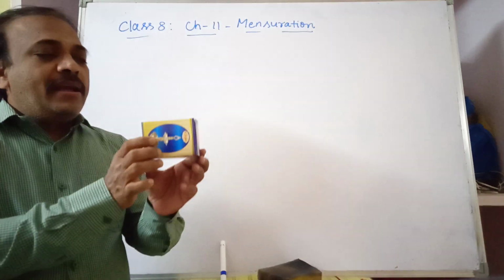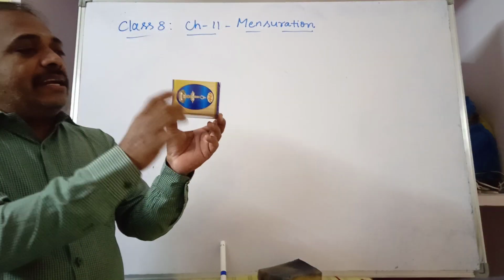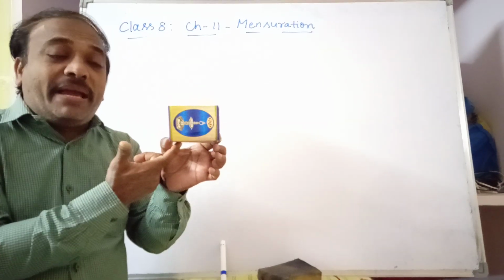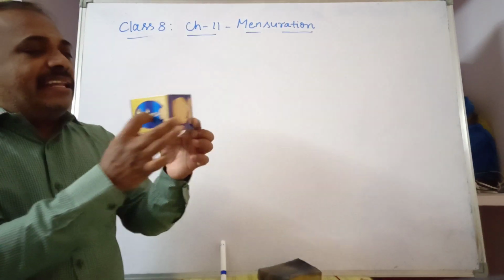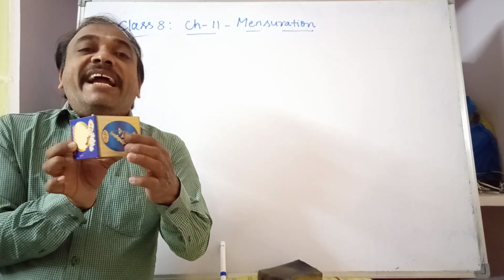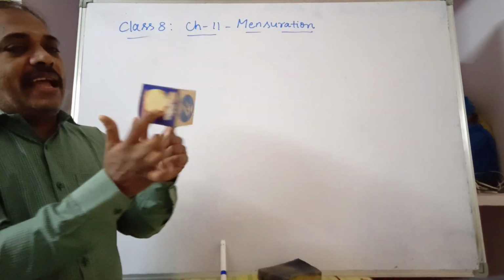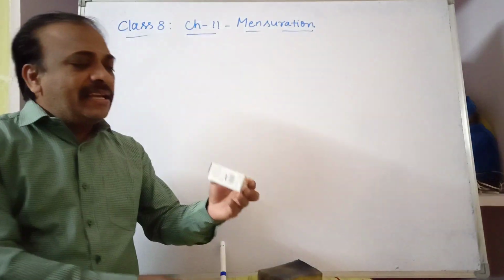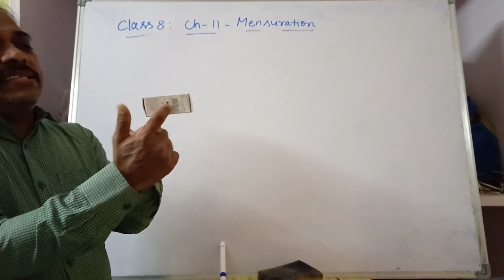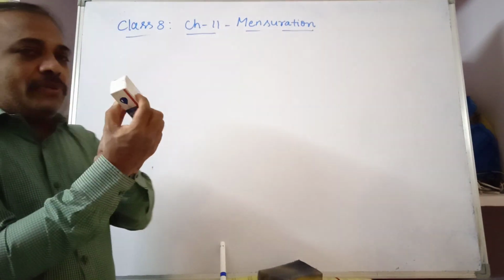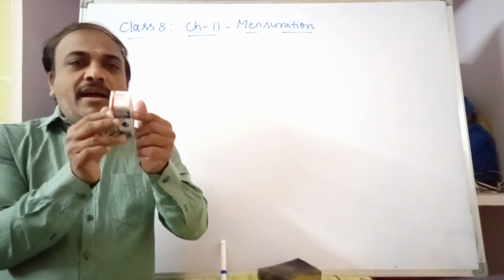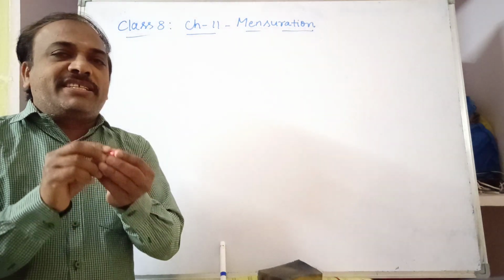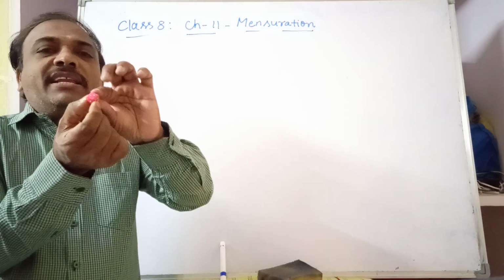What are those 6 faces? You see, front and back, and top and bottom are identical, that means similar, exactly the same. This and this opposite faces are identical, and these two, this and this, opposite faces are identical. Here also, in a similar way, opposite faces are identical. 6 faces.